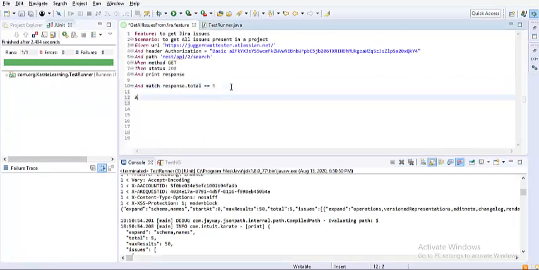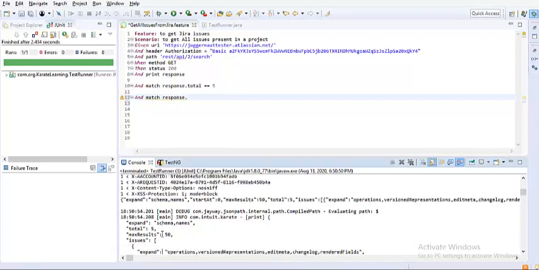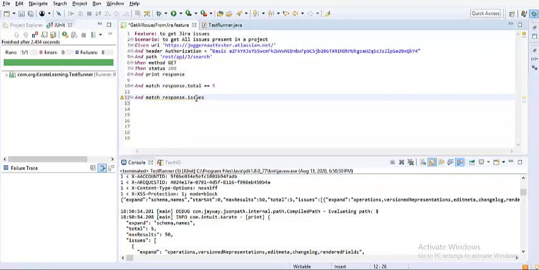I'll add another step, and match response dot, since it is inside the issues, I'll need to put in issues as well, because this is how the JSON path works for that particular element. I'm interested in index 0, because we have 5 records and the index always starts from 0 and ends with n minus 1. And now id, I wanted to verify this particular value is 10004 or not.